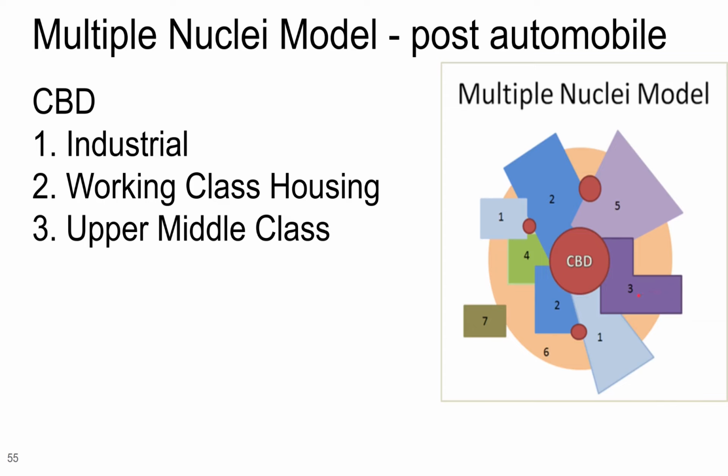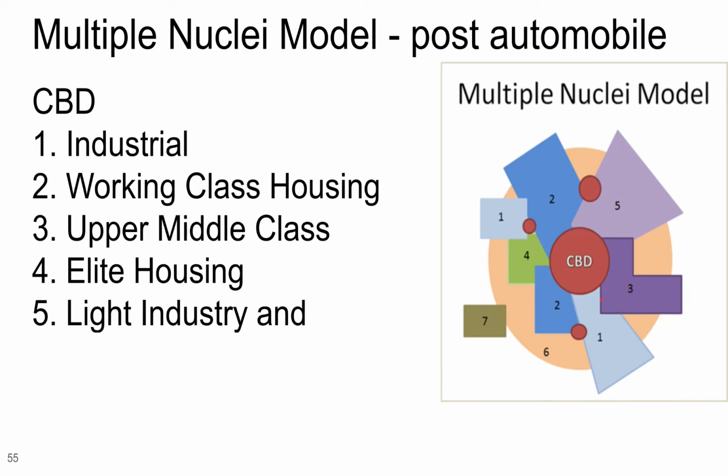The Graves text pointed out that the wealthy, I was going to say, where do we put the wealthy? Elite housing. So I'm just going to say that the wind is probably coming from this way, blowing that way. Graves points out that the wealthy typically live upwind from the stinky stuff. So the poor people have to live literally in the smelly places, and the wealthier people live upwind from noxious odors. Light industry and wholesale,